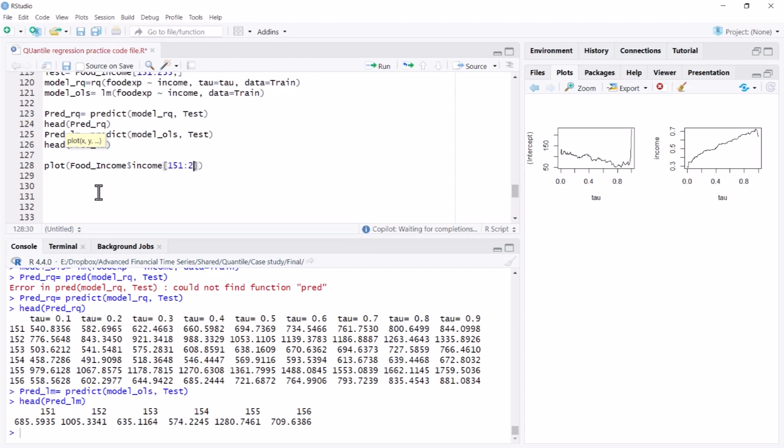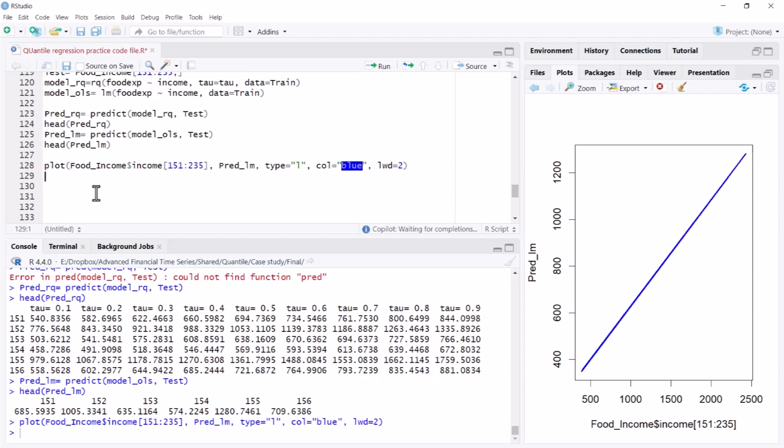These are your actual values of income, and we'll plot them along with the predicted objects. So the actual values along with predicted objects. The type is line. We'll give it the color blue and a line width of 2. So this is our typical OLS line, the predicted line with OLS. With the actual values on the x-axis, on the y-axis we have predicted values.